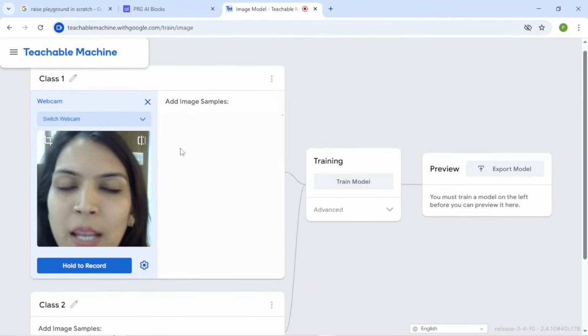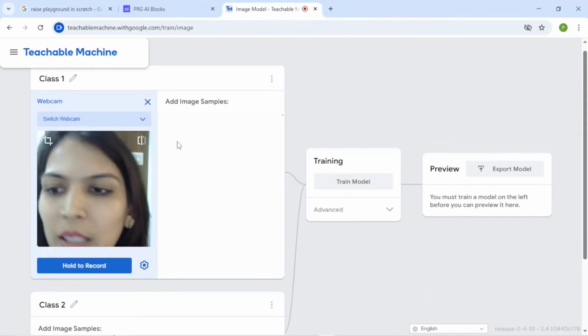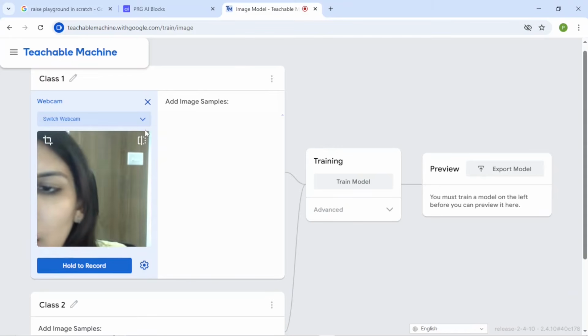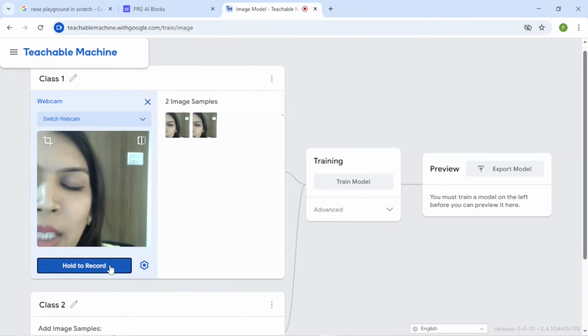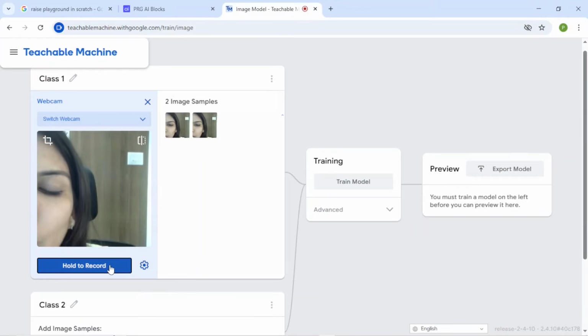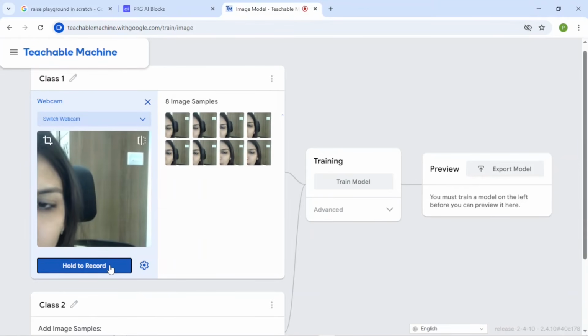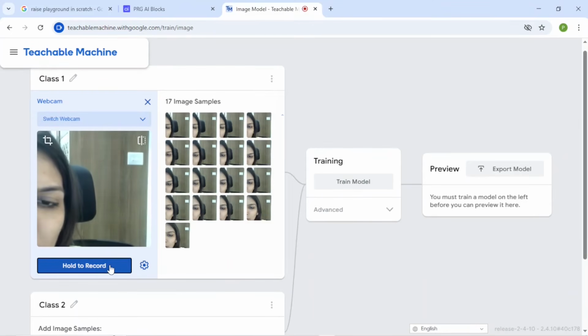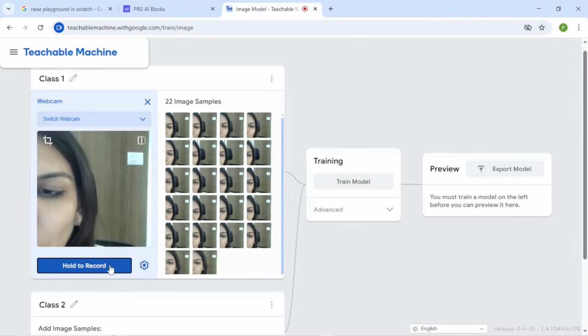Okay, so first I'm going to create two classes here. In the first class, I'm going to move my face to the left side, and I just need to click on hold to record. You can create as many images as you want. I just click on hold to record again and again. It's good if you create 20 to 25 images for your training model.